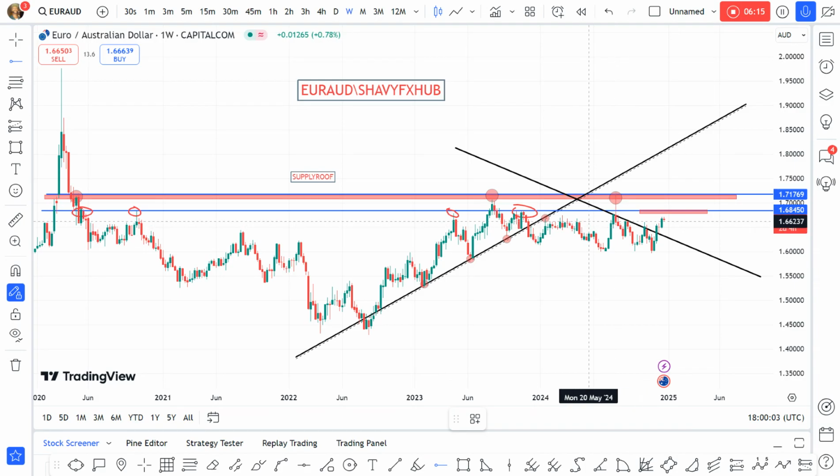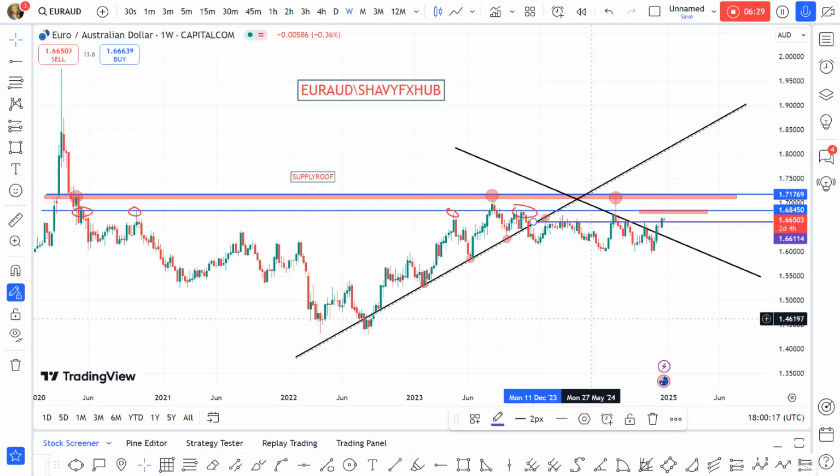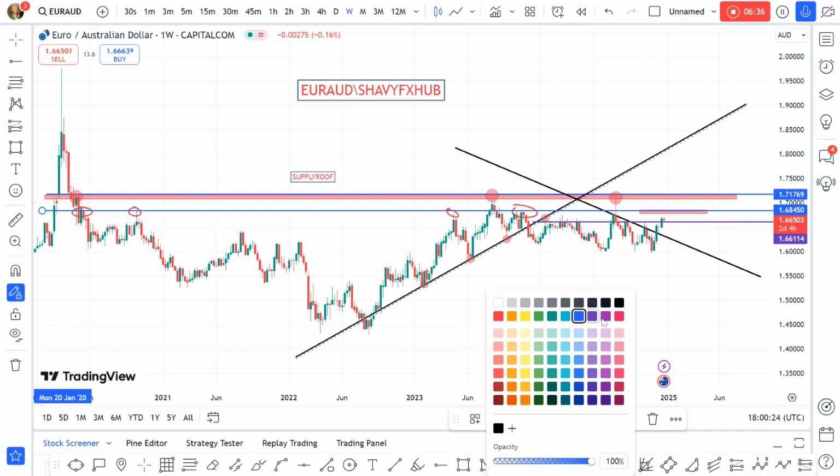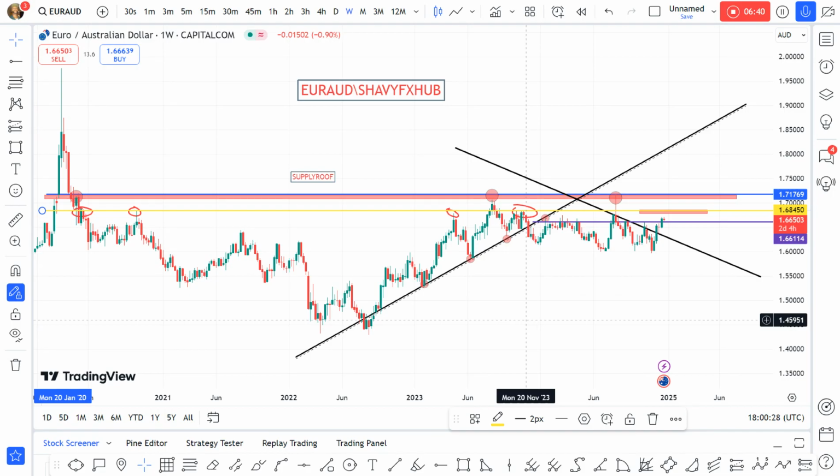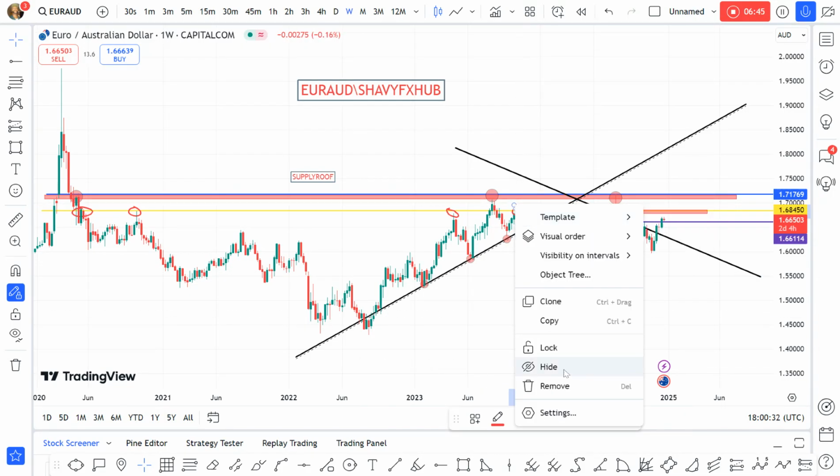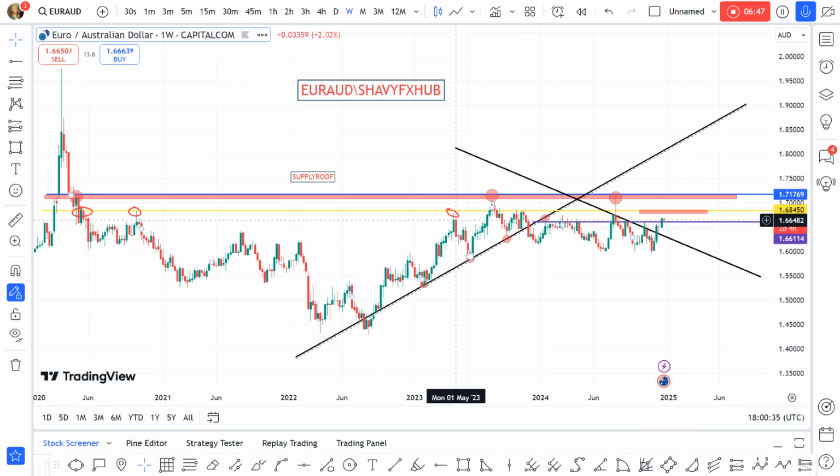And to further create enough buying potential, we see that the January floor has been broken. Sorry, January roof. We have a roof in the month of January. This roof has been broken to further guide buyers to upswing. I will change the color to purple and change this to yellow so that we have them detailed. So we have three lines on board, which are all litmus tests.